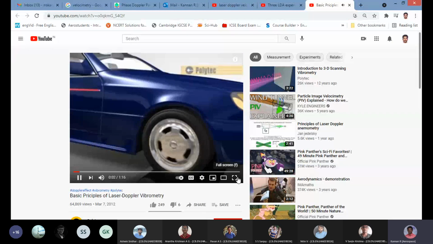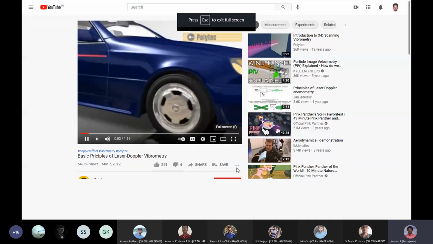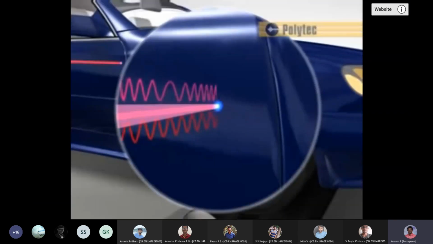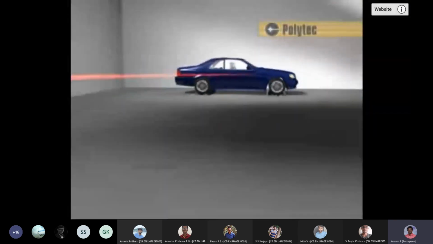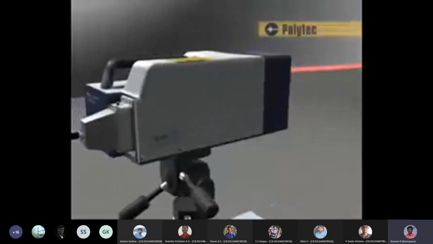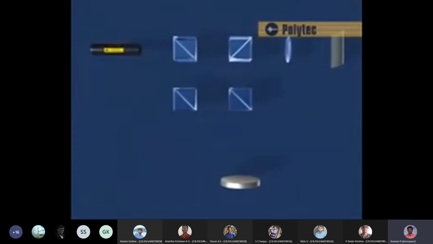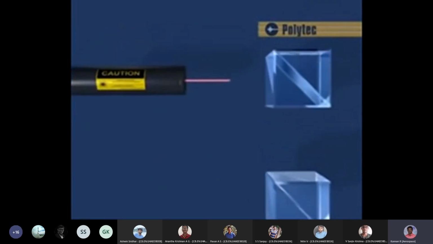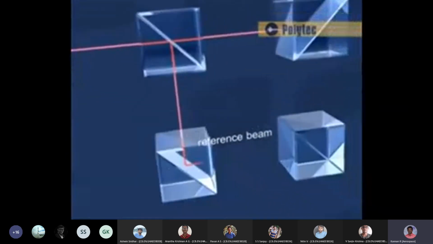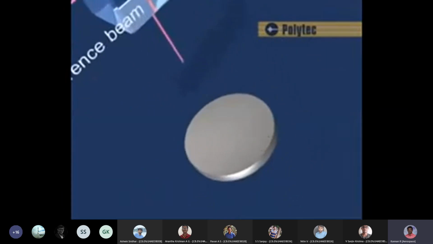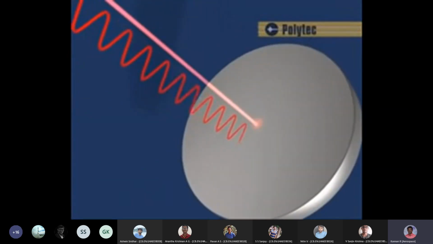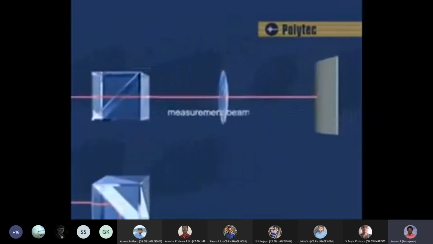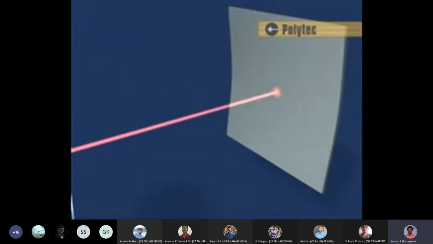Laser vibrometry uses the Doppler effect to measure vibrations. If light is scattered from a moving object, its frequency is changed slightly. Within a Polytec vibrometer, a high-precision interferometer detects the minute frequency shifts of the backscattered laser light. To achieve this, the interferometer splits the light into two parts. The so-called reference beam is pointed directly to the photodetector, while the measurement beam is incident on the test object, where the light is scattered by the moving surface.